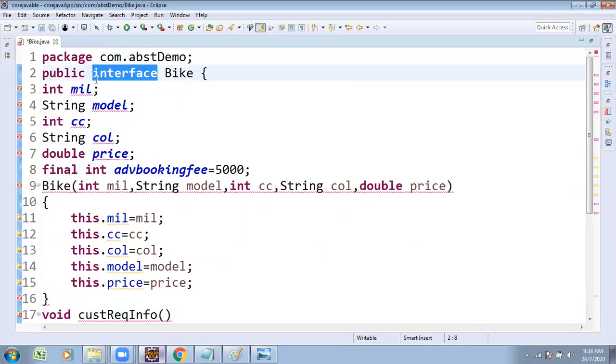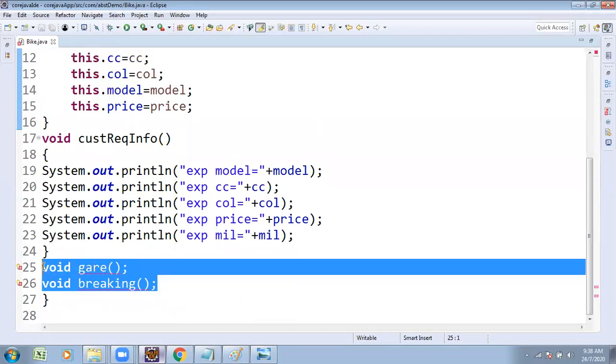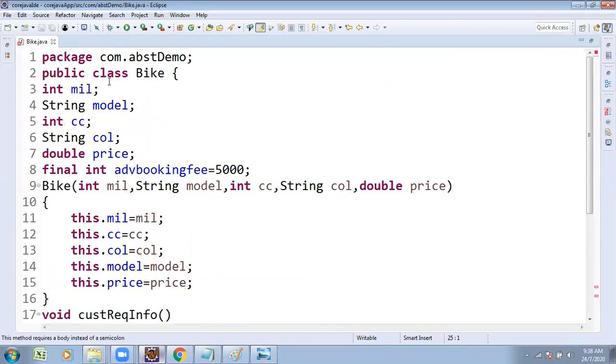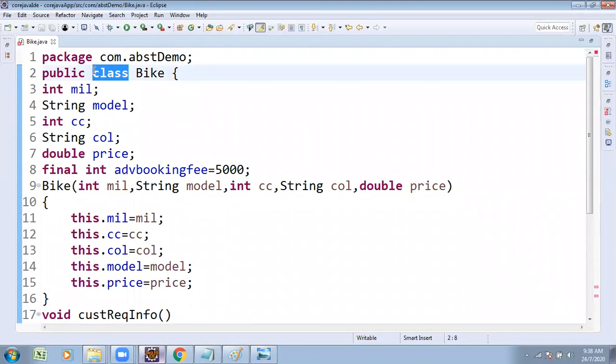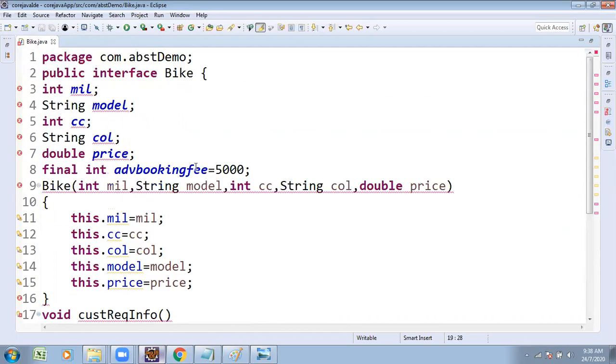Class Bike I am taking: everything is supported except these two lines, the abstract methods. Interface Bike I am taking: nothing is supported except these two lines of code. In a class, abstract methods are not supported. In an interface, abstract methods are supported but the remaining are not. But we want a combination of abstract methods as well as concrete methods.